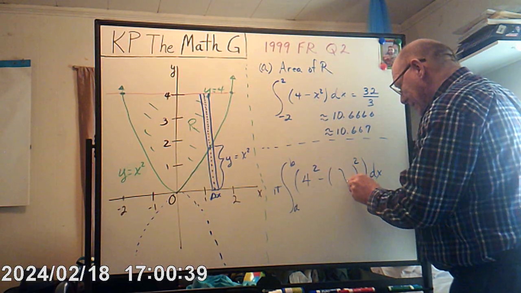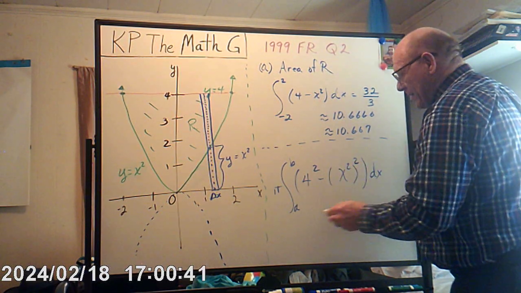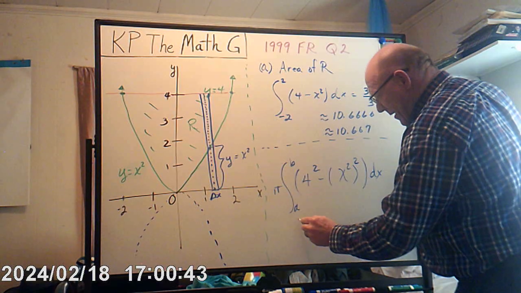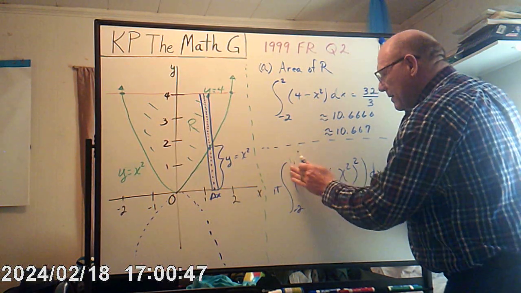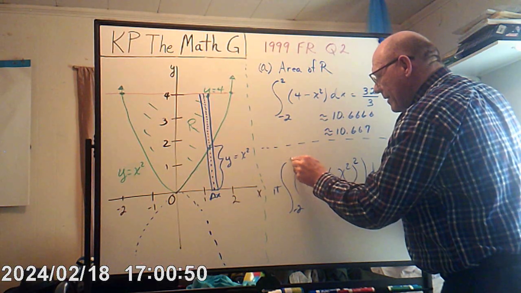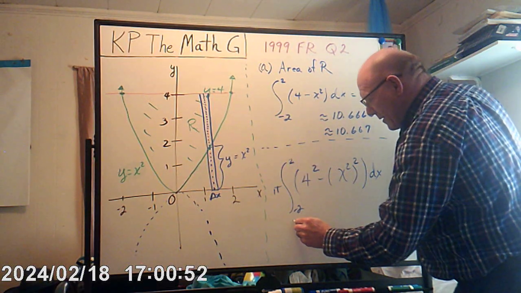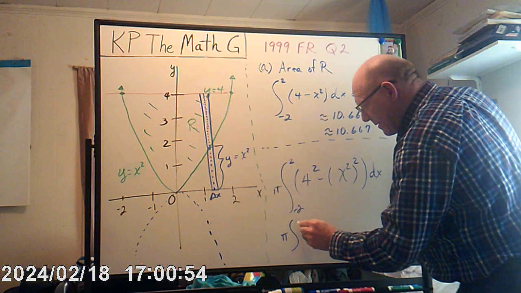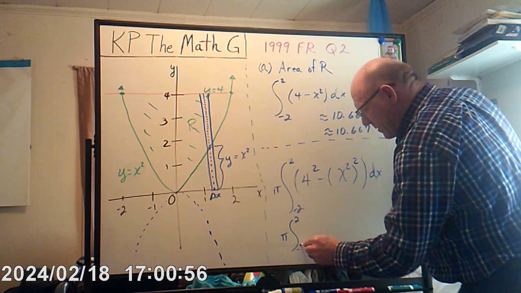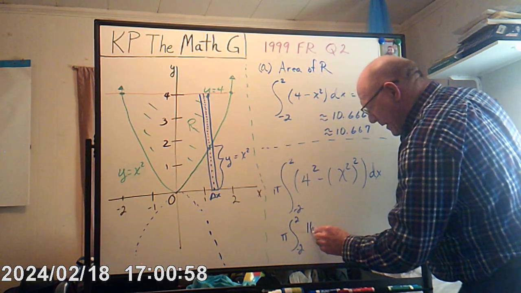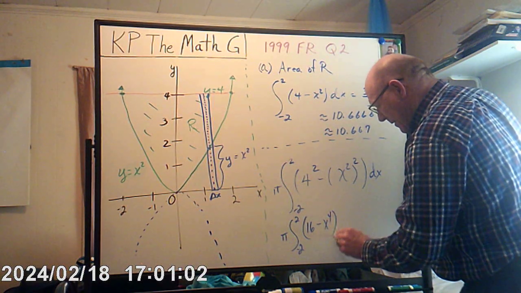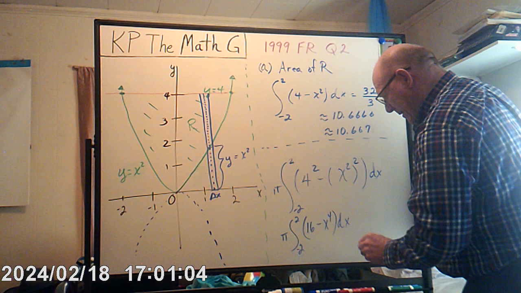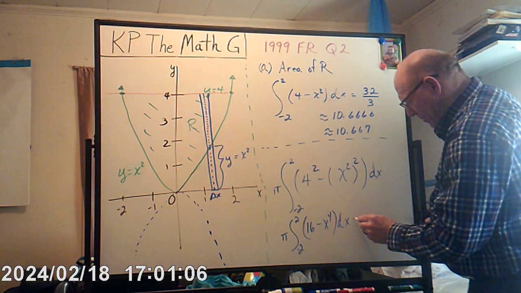So, x squared squared, and from -2 to 2, this is actually equal to pi from -2 to 2 of 16 minus x to the 4th dx. And that is equal to,